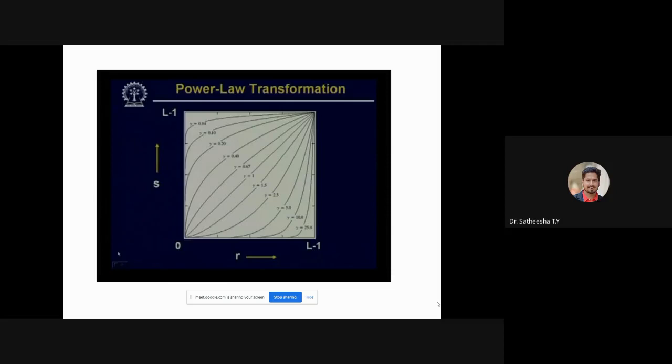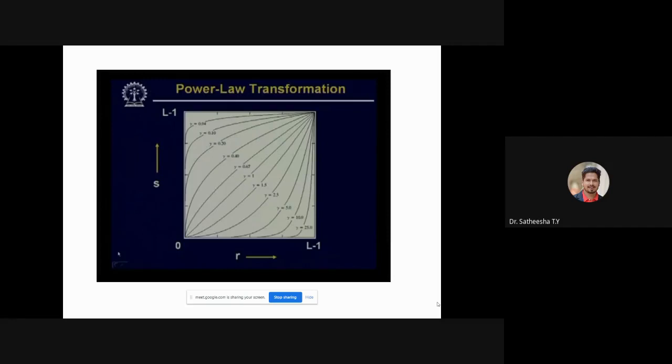So if I give an input image, that will be converted by the power law transformation before the image is actually processed. So to compensate this power law which is introduced by the device itself, if I do the reverse operation, then the actual image that I want to display will be displayed properly. For example, in case of a CRT display, the relation between intensity and voltage follows the power law with the value lambda, which is normally from 0.8 to 2.5.